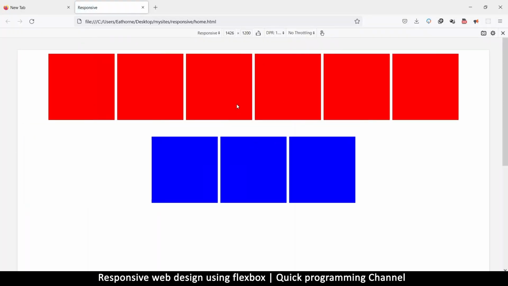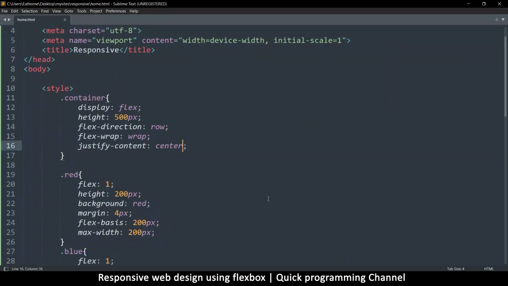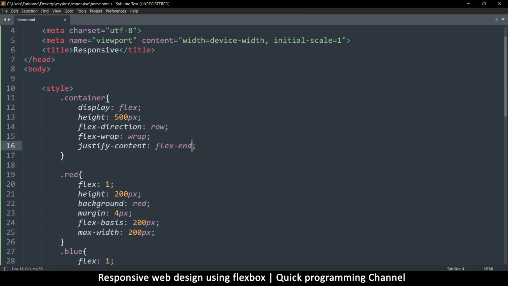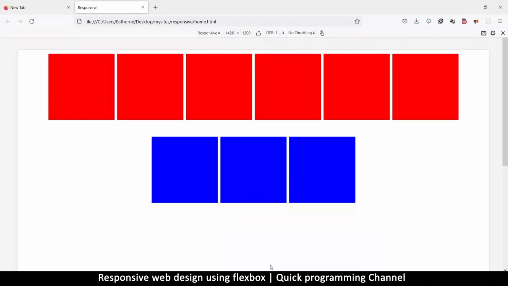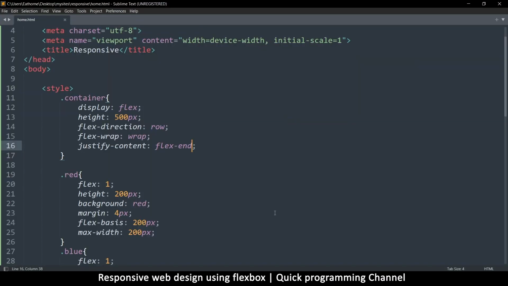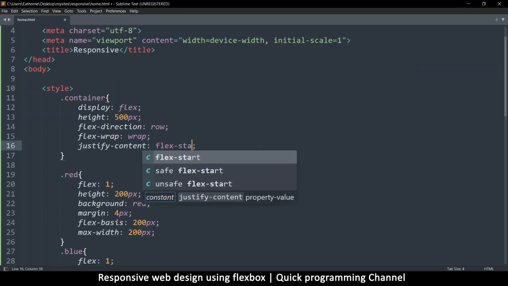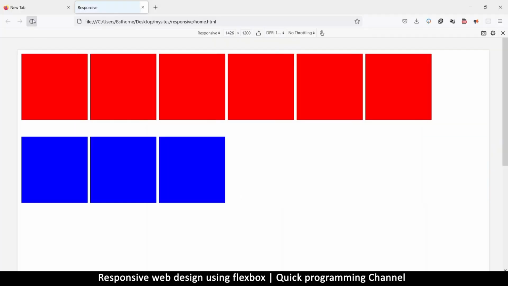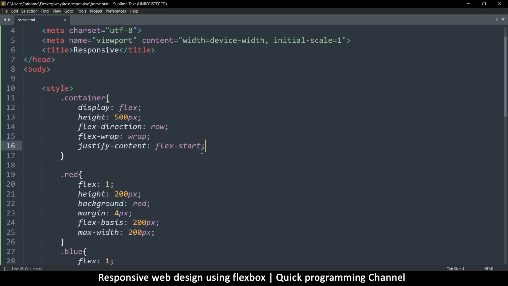So as you can see now, we are floating here. If I want to go to the other side instead of center, I'll say flex end. So there's flex start, flex end, and center. That's flex end. The default is flex start, like that. Justify content, flex start. Now, if I want to justify these guys in the very center itself, so here, for example,